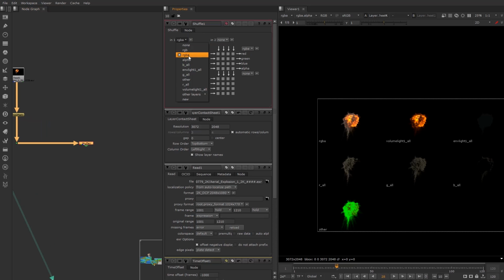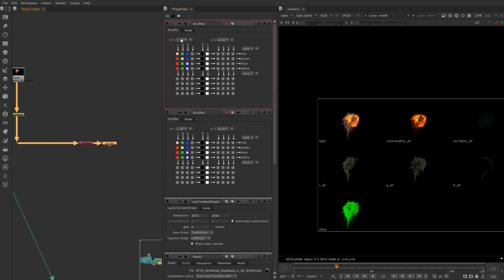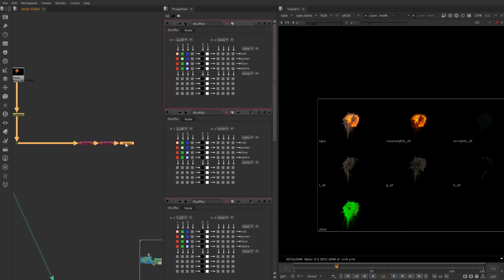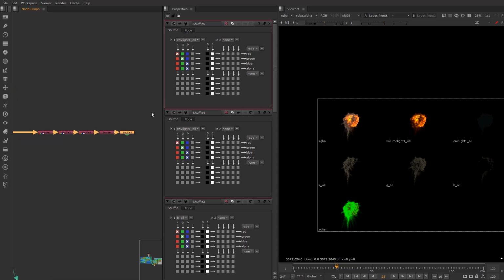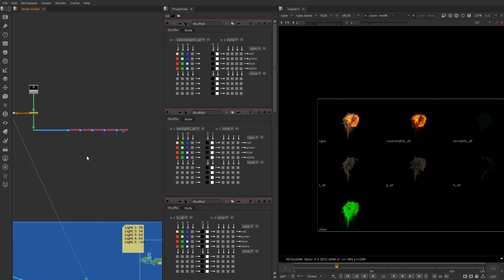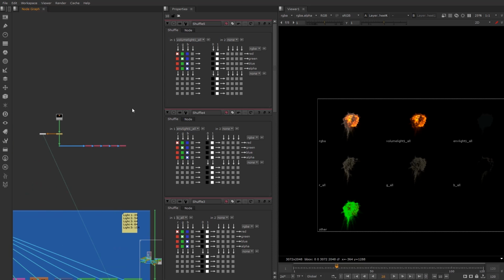I'm going to go to shuffle. Click on it, we're going to go to this input, and we're going to choose red, green, blue. We're going to choose volumetrics. Now that I've got all of these passes separated,